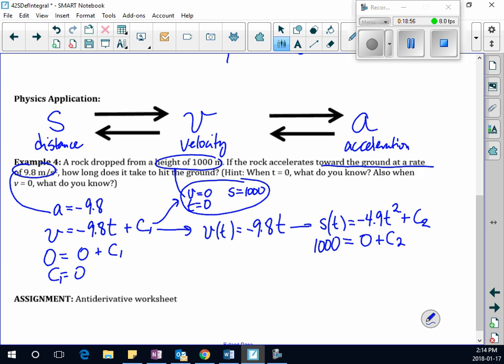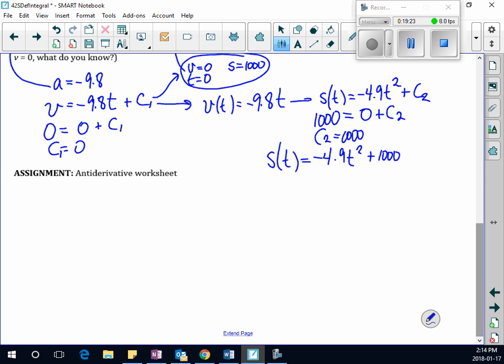This is where you can see the physics people have a little bit of an advantage, right? So do you see that C2 would be 1,000 then? Yes? We're good? So that means S of t equals negative 4.9 t squared plus 1,000. So now we need to know how long does it take to hit the ground. Does everybody know when it hits the ground the distance would be 0? So if I move the 1,000 over, I get minus 1,000 equals minus